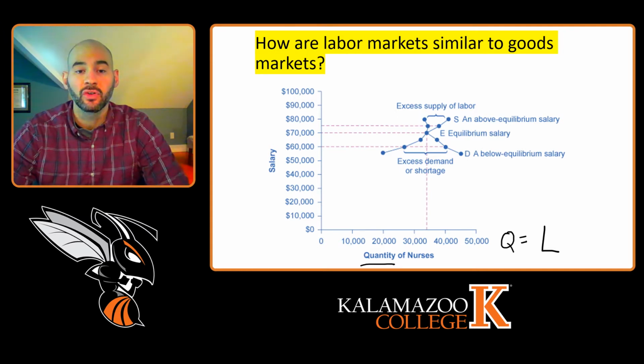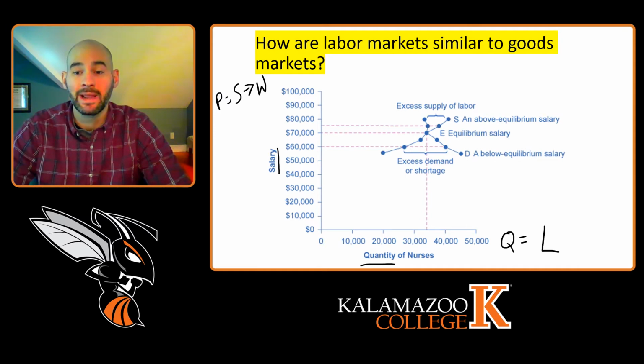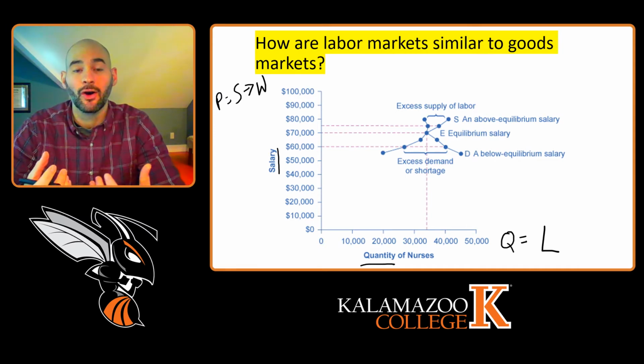Now on the vertical axis, it's going to look a little bit different. You'll see here that we have salary. Now salary is still going to be the price of the good which is traded, which is here labor. So you would think that we would have an S on the vertical axis instead of a P. But more often than not, we're going to have a W. And the W is going to represent wages, and wages are your per hour pay, whereas a salary is a